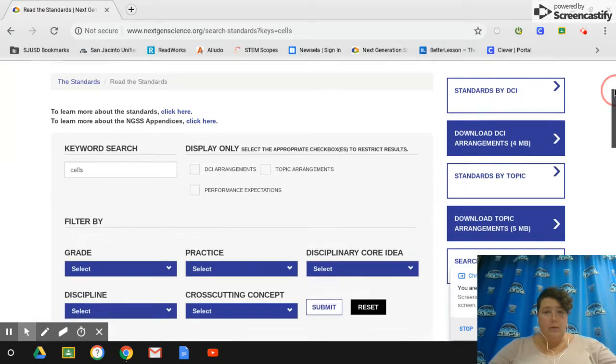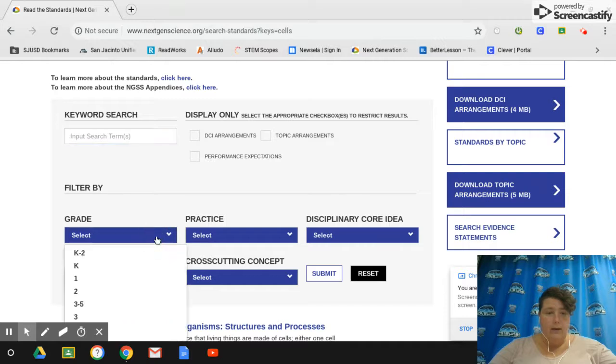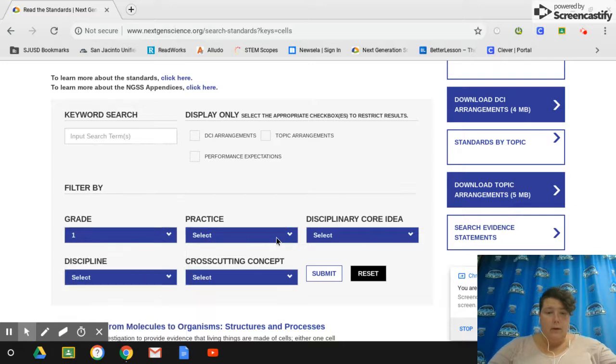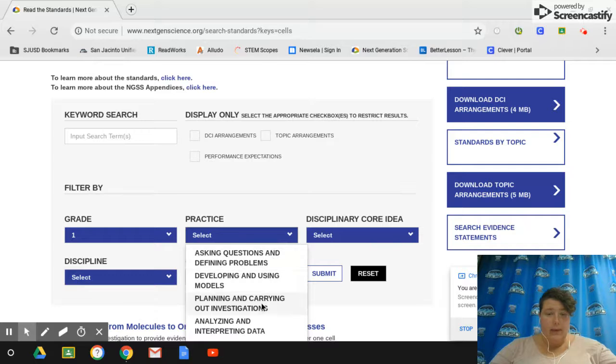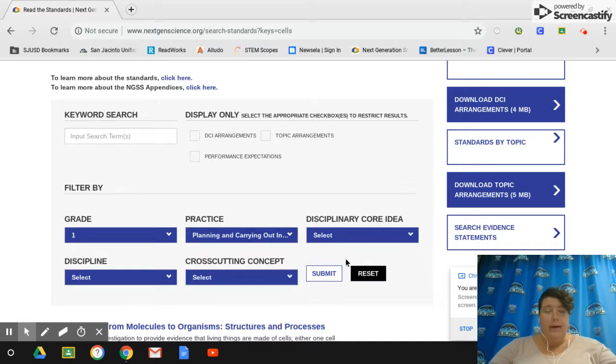Now, say you are in elementary school and you would like to look up something, you have a specific one by your grade level. Let's go ahead and look here by grade level. Let's say we're looking for a first grade standard. If we're looking for our science and engineering practices, we can see if there's one that has to do with planning and carrying out investigations. And I can go ahead and hit submit. If I have other specifications, I can look at the DCI or the disciplinary core idea. I can look strictly at the discipline if it falls under physical or life sciences,